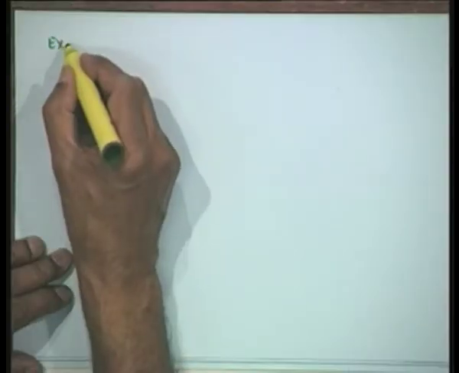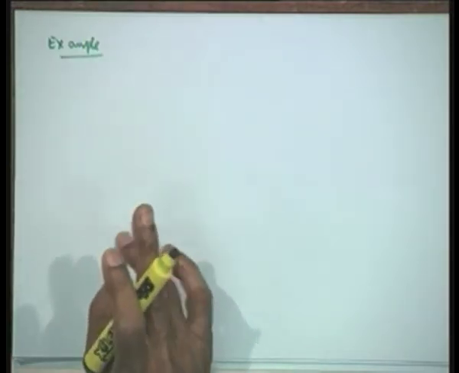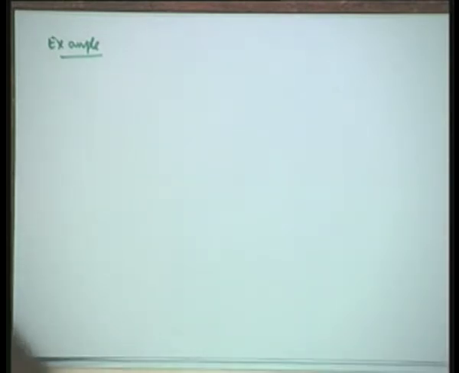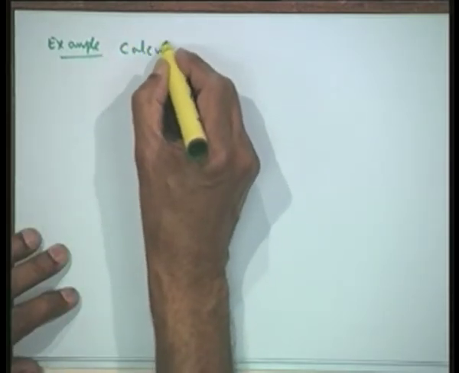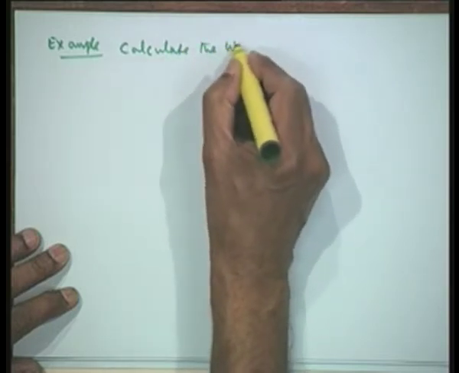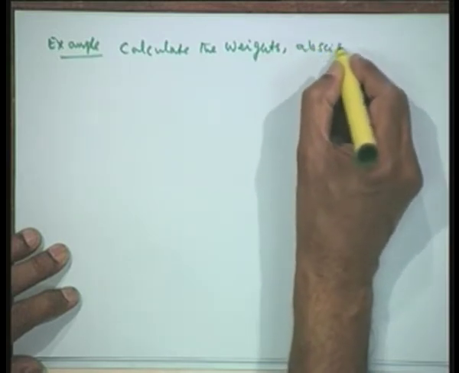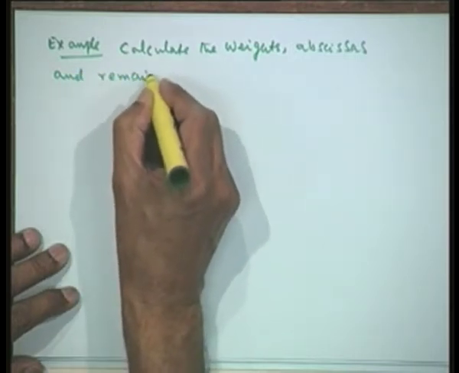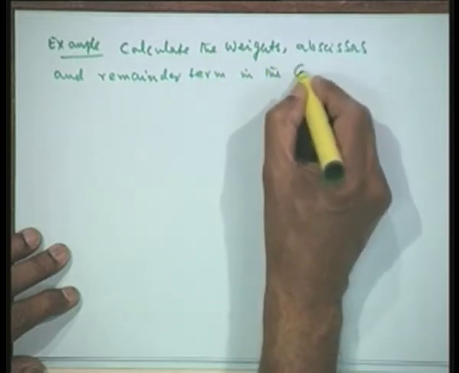Now, let us give one last example. In the last example, the order was 3. Therefore, the error term should get from f(x) equal to x to the power of 4. So, let us take one more example. So, we will say this is: calculate the weights, abscissas and remainder term in the Gaussian quadrature formula